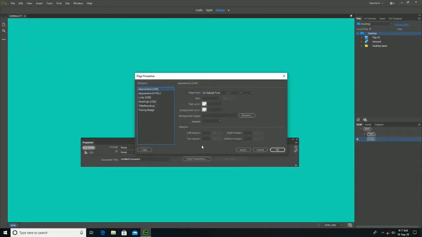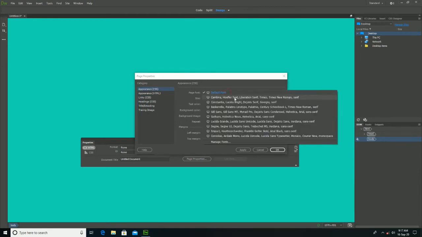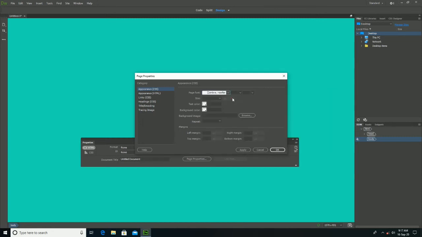Now you can also change the font. For that, click the page properties, appearance, CSS, and select the page font that you want to apply. And you can set the style of the font and select the size of the font.